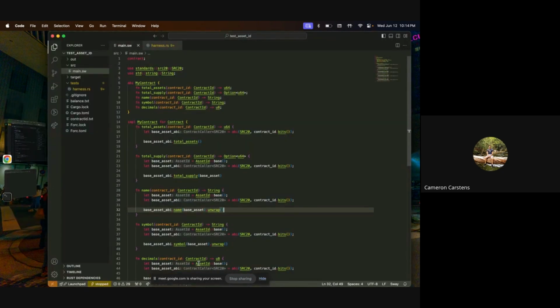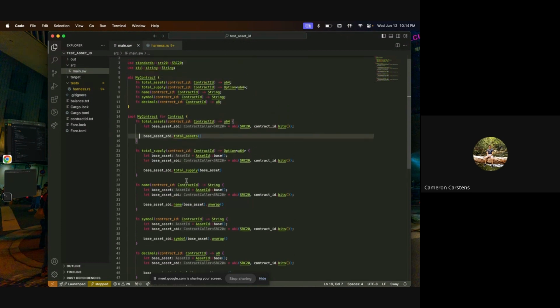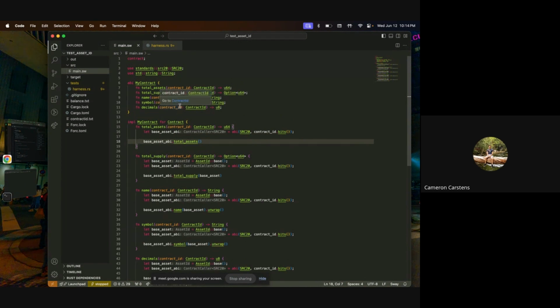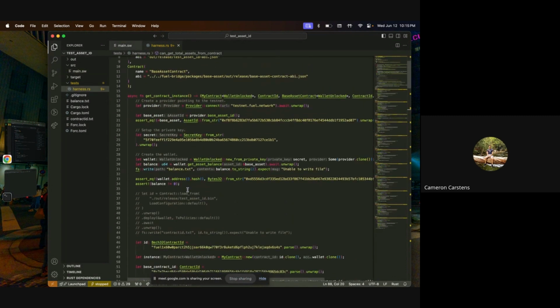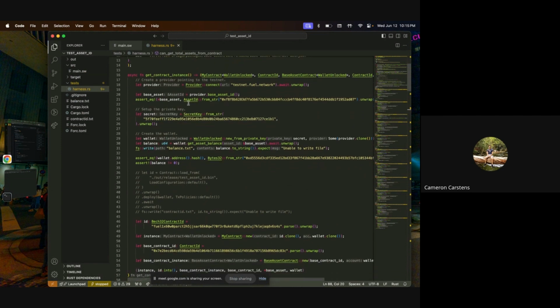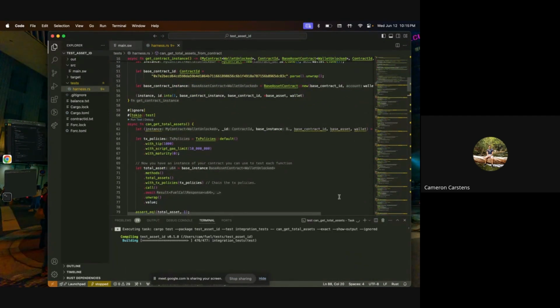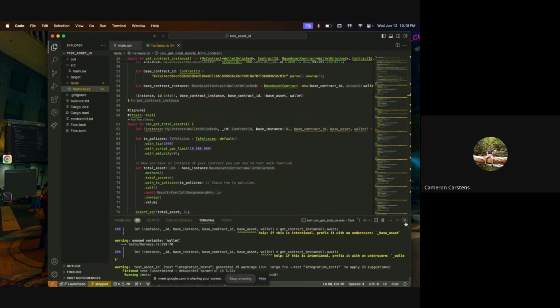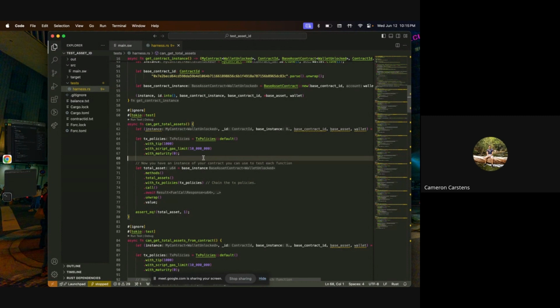So this test contract here will define the ABI for the SRC20, and I pass in the contract ID of the base asset, and I can query any of the information from the base asset contract that's deployed on the testnet. And for interacting with this, so this is our Rust SDK harness. It's already been deployed, and I've already written some tests to make sure that we can get things like the total assets, and we can interact with the contract.